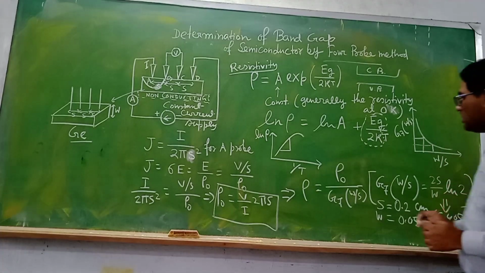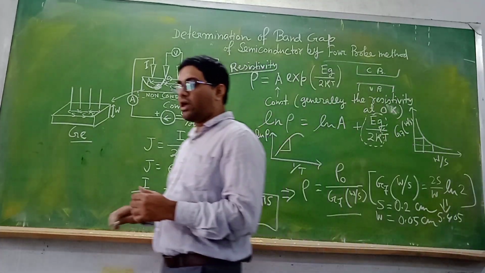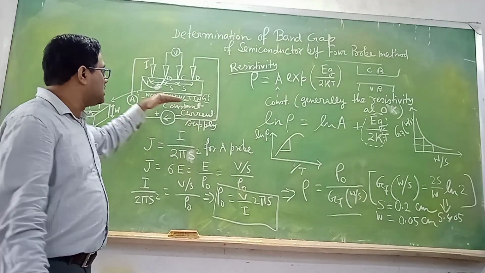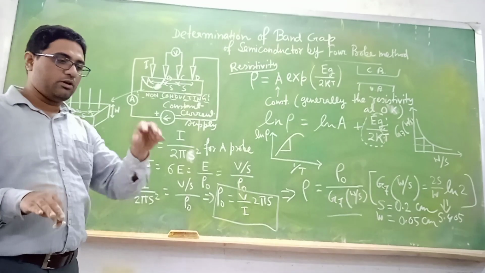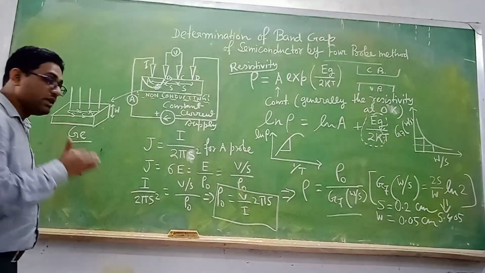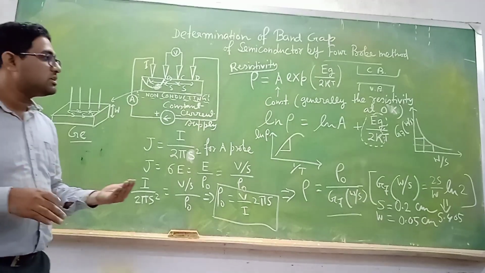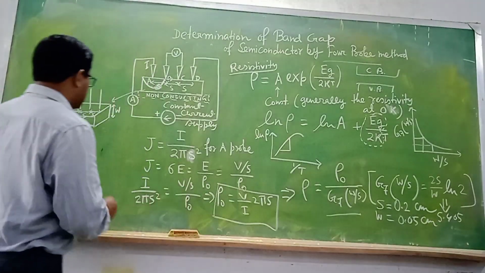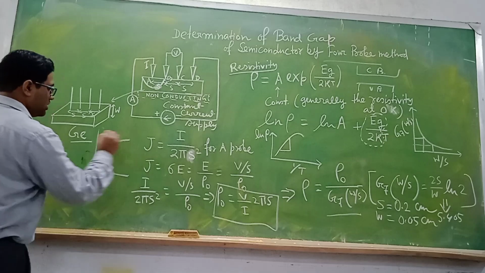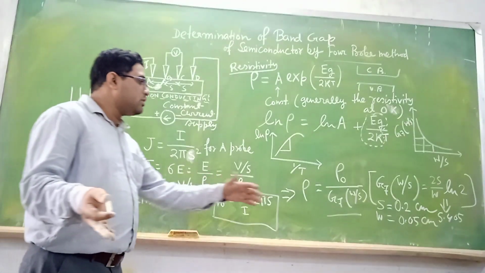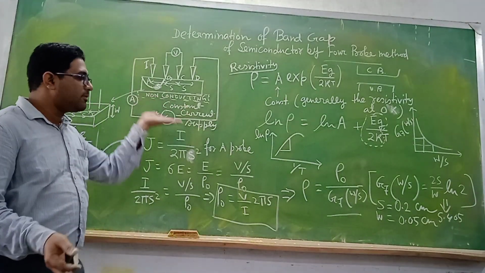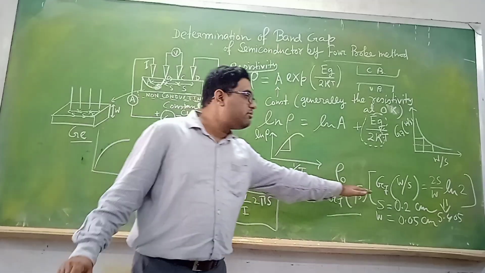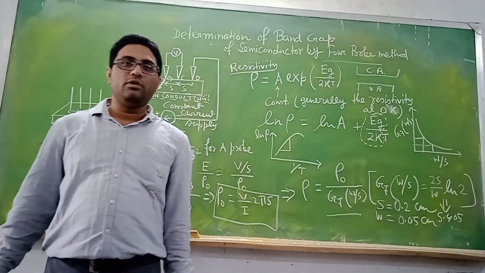Okay? So that correction factor is required if we are using a conducting platform over which you place your germanium wafer. If it is conducting, then this correction factor will be G6, where the G6 plot can be like this. But in our setup, we have a non-conducting platform, and we have to do this correction where your form of G7 is 2s by W ln 2.